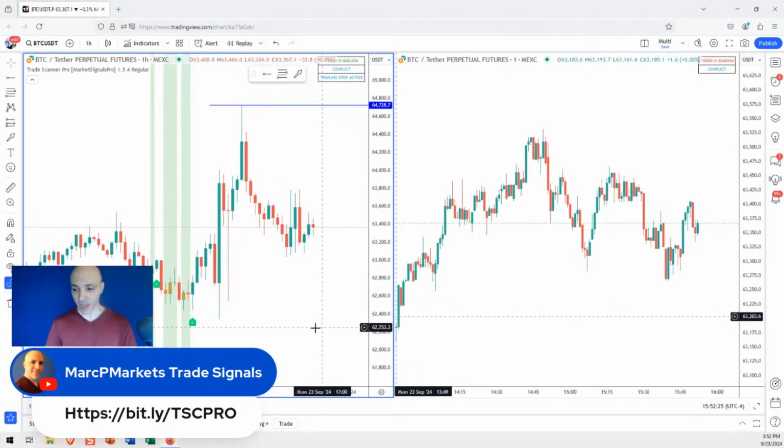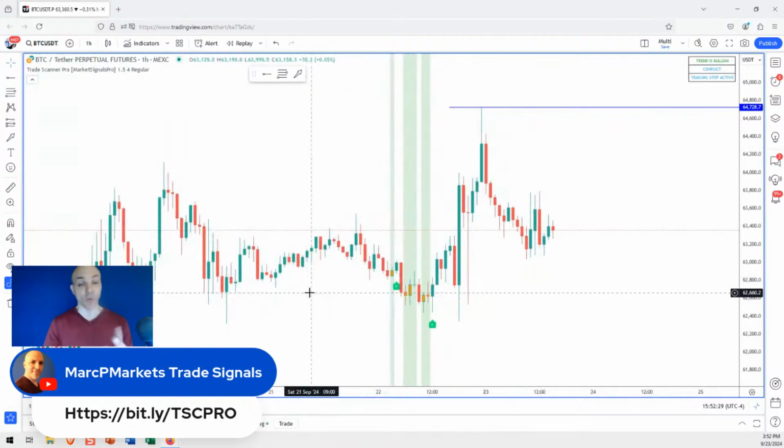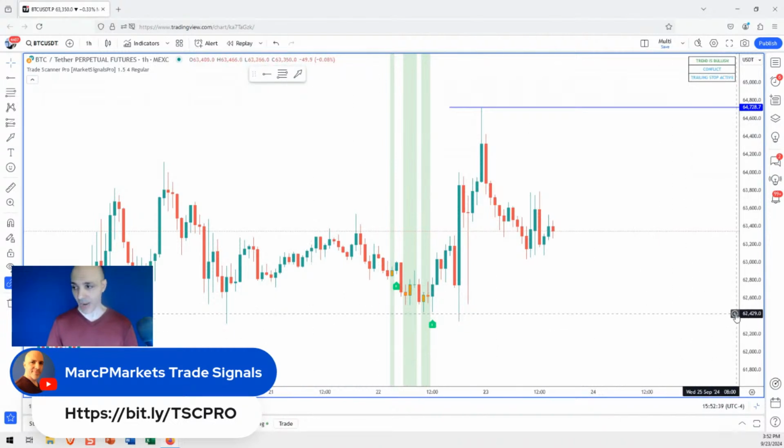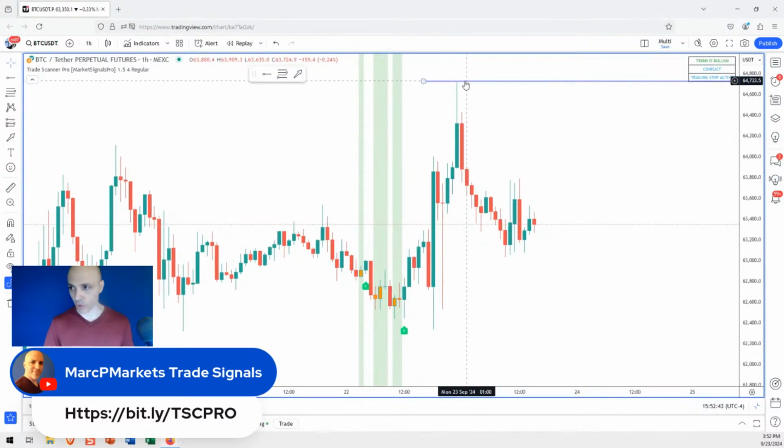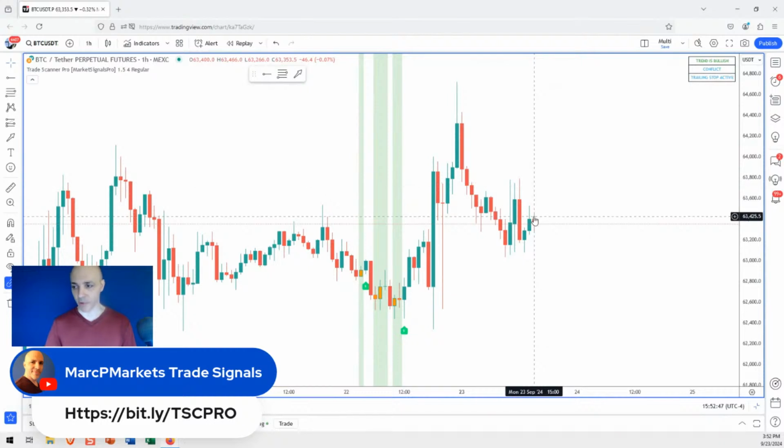Okay, now notice, I'm doing the analysis on my hourly chart first. So before you come up with a trade idea, you have to do a little bit of forecasting. So we know we're looking for day trades. Do I need an hourly? I could do this on a 30-minute. I can probably do this on a 15-minute, but I like the hourly. It's decent. It's adequate. Now, so that this is a major resistance up here. All right. I don't need to keep this line there because I don't want to confuse people, but we know